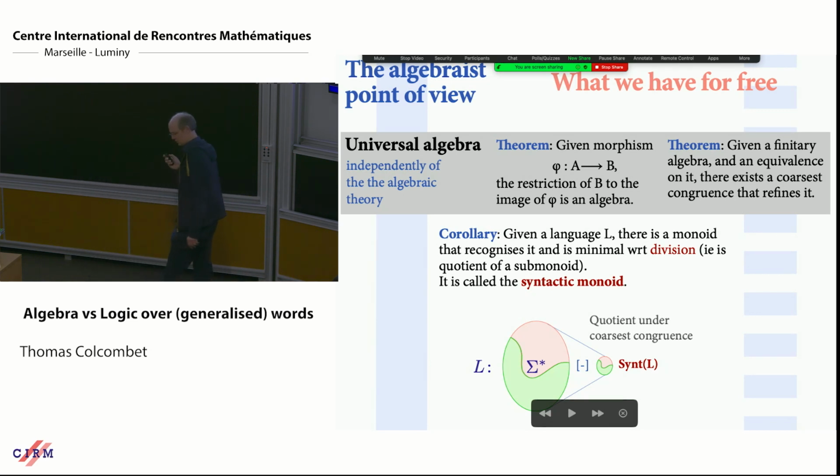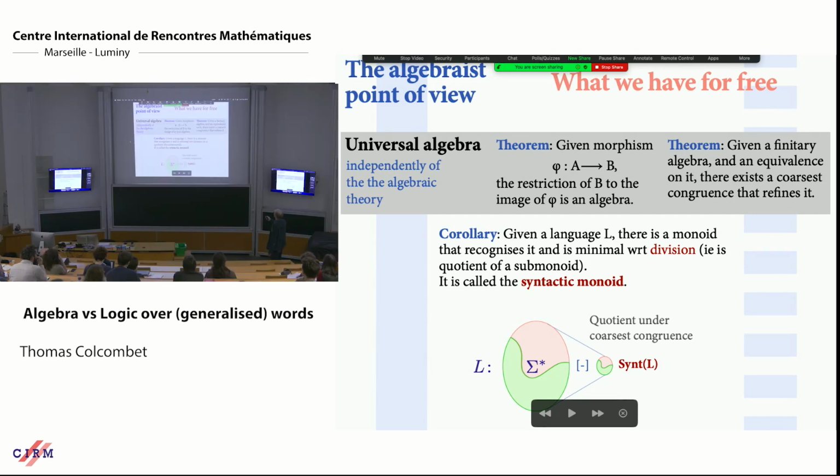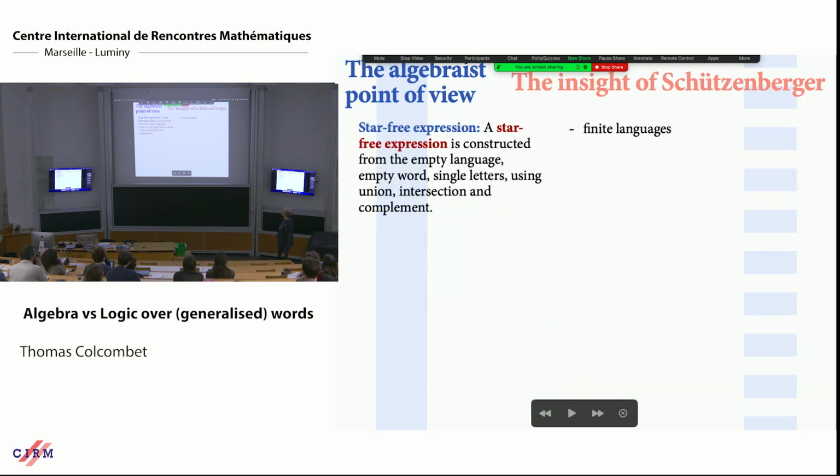So what I want to say here also is that all this is absolutely unrelated to the fact that we are talking about words. I would just mention one thing, that this theorem of congruence expects that the algebras you are considering are finitary, which means that you have only operations with finitely many arguments. You may have infinitely many operations, but each of them has only finitely many arguments. Okay, so that's the limitation. So far it's very generic.